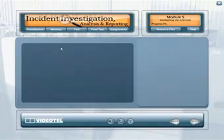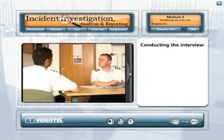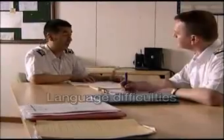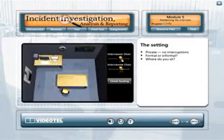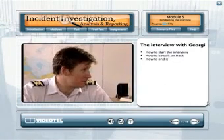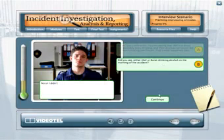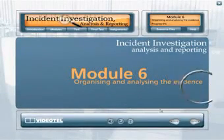Conducting the interview. The second module on interviewing witnesses puts the principles of interviewing into practice. The module returns to the 2 case studies and shows excerpts of interviews with relevant witnesses illustrating some of the more difficult issues that can arise, such as hostility, reluctance to speak, and language problems. How to agree the agenda for the interview, the importance of getting the setting right, and how to keep the interview on track are demonstrated. Lastly, the candidate is asked to put some of those principles into effect by playing through an interview scenario,